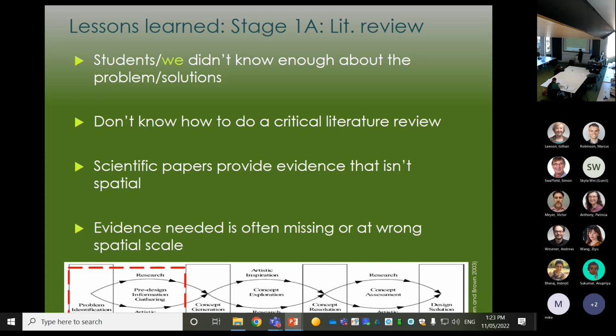If you can't make that translation, it won't do you any good. That was another thing we found. Often the evidence you need is missing. So that's the other thing. There's no perfect knowledge out there. Some of it's there and some of it's not. What do you do when it's missing, right? Make it up. What do you do? So those are the 4 key things about stage 1 that we